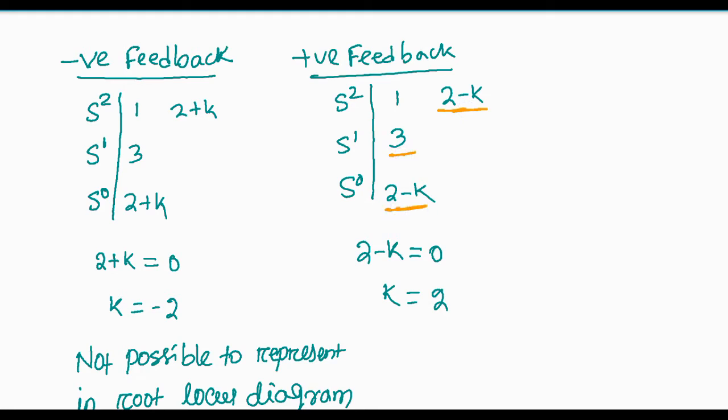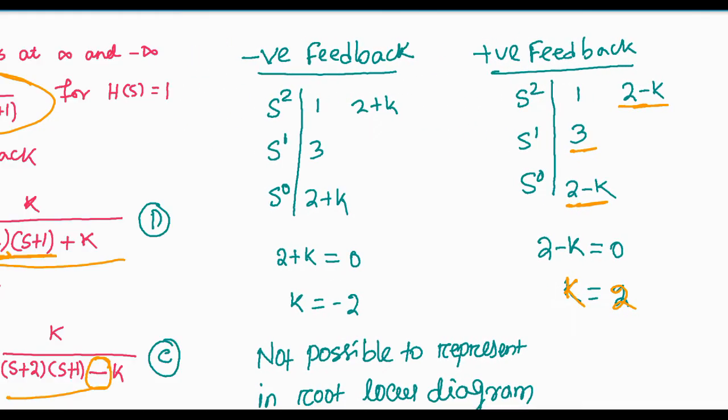And for this to be marginally stable, k will be equal to 2. And for a negative feedback system, this will be 1, 2 plus k, 3, 2 plus k,